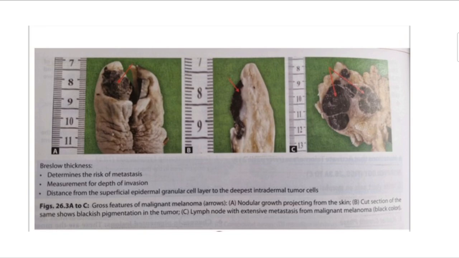Hence, in summary, we can say that grossly, malignant melanoma appears as an asymmetrical, irregularly bordered pigmented skin lesion with variegated colors such as brown, black, blue, red or white. It is usually more than 6 mm in diameter and may become raised, nodular, ulcerated or can even bleed. In advanced cases, it invades the deeper dermis and subcutaneous tissue.